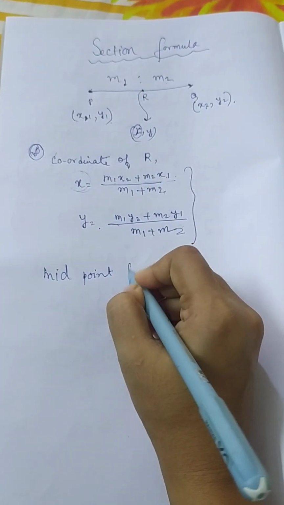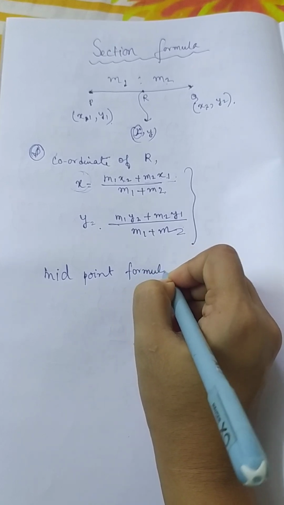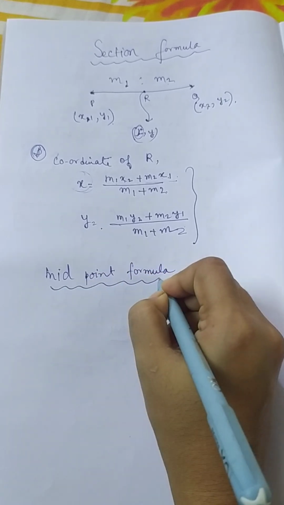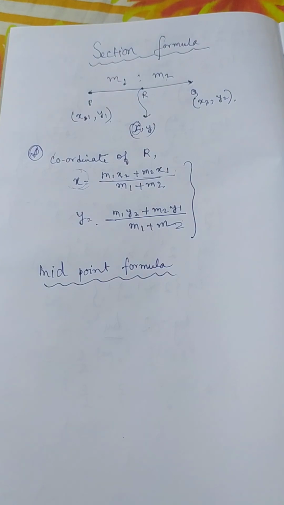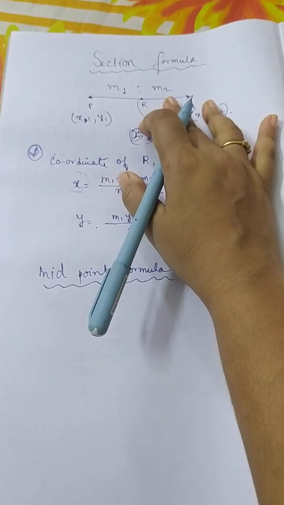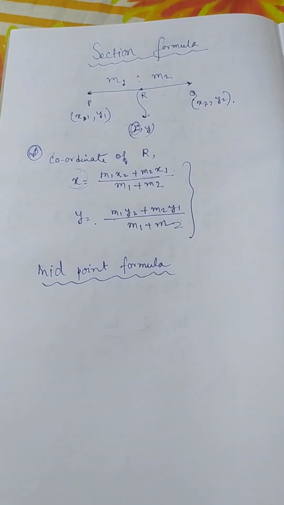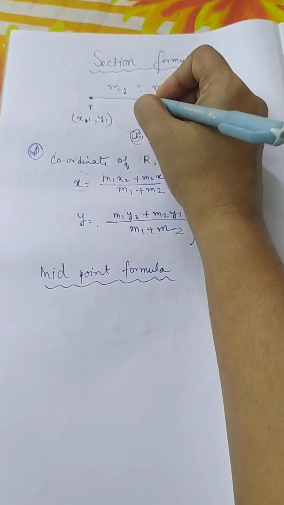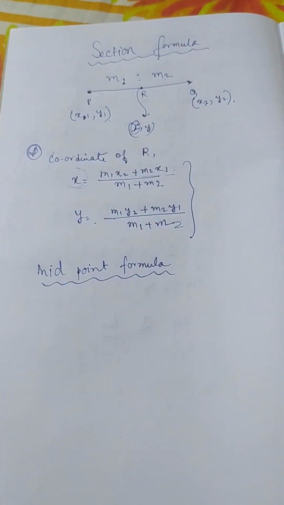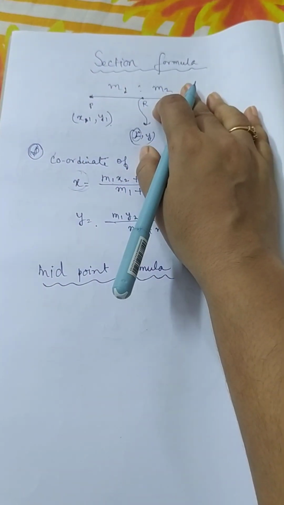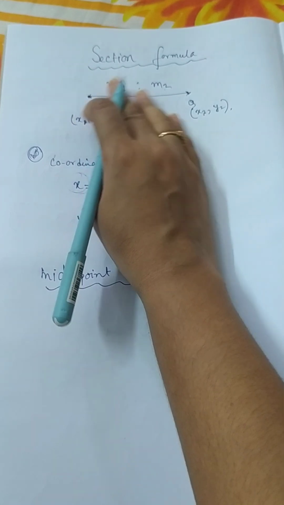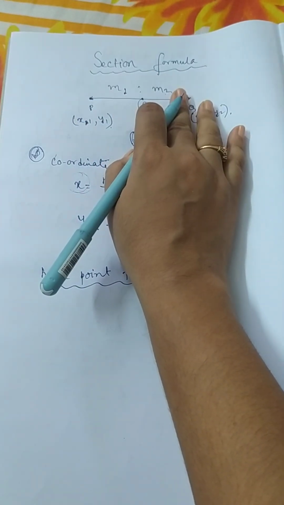Now the midpoint formula. Many students try to memorize this formula, but one thing you know, that if you understand this formula, you can find out any kind of section formula through this knowledge itself. Midpoint means equally divided into two parts. If it is 2 centimeter, it is also 2 centimeter. If it is 5 centimeter, here also it is 5 centimeter. So obviously in case of midpoint, it will be